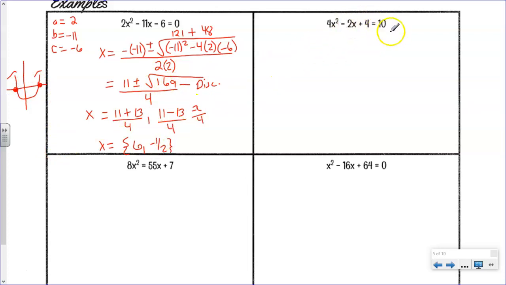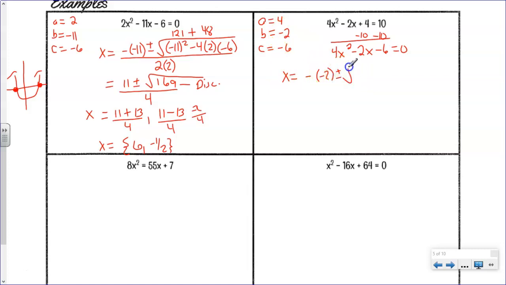All right, here, first step, set it equal to 0, so I need to subtract 10. I get 4x squared minus 2x minus 6 equals 0. Now it's in standard form. A equals 4, B equals negative 2, and C equals negative 6. You always want to write these because then you don't have to think about it and you can just plug them in and check. Okay, so we have x equals negative b,